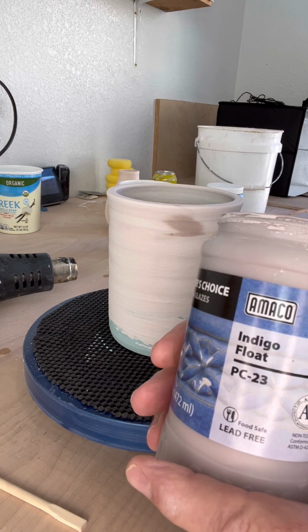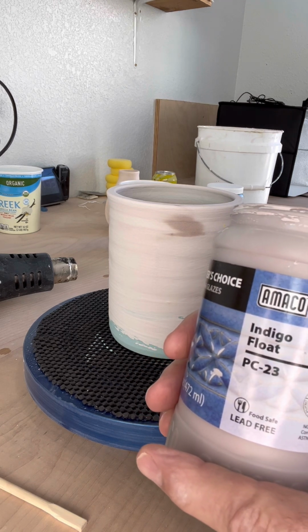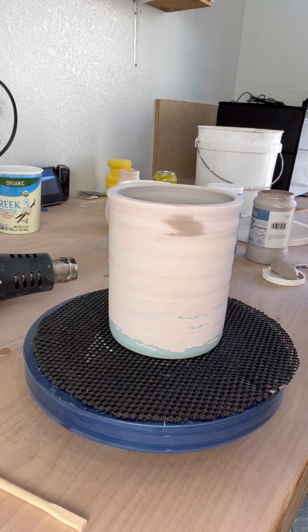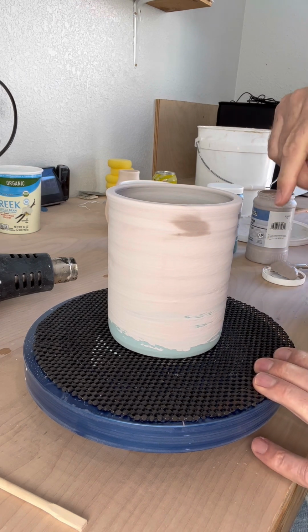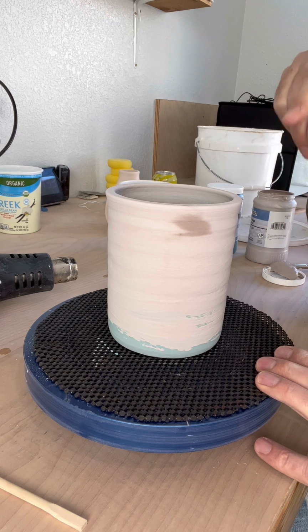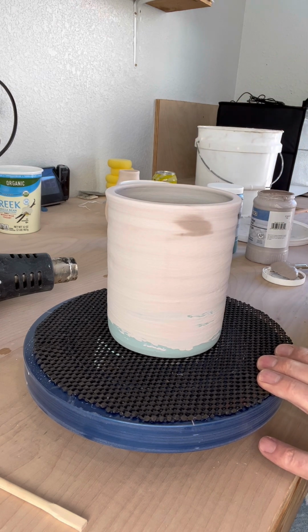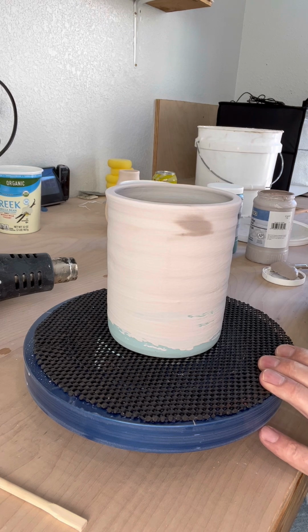That works real good if you use it with Ancient Jasper. Layering those two are good combos. But I'm trying to decide whether I want to put seaweed on top of this or if I want to do oatmeal. I'm trying to keep this a little bit lighter. Sometimes my glazes get dark on me and